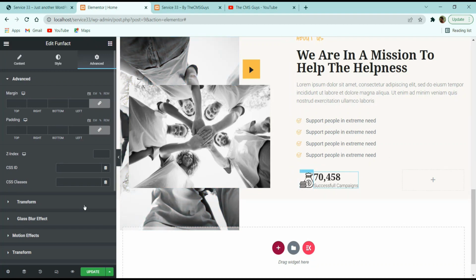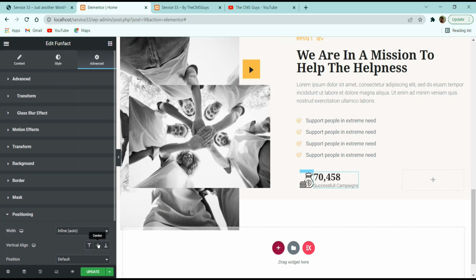Alright, so let's again go to the positioning, and I want to make the vertical alignment to center, so that it will come in the center part. Now let's go to this advanced tab of this fun fact, and if you want to add some spacing to it,